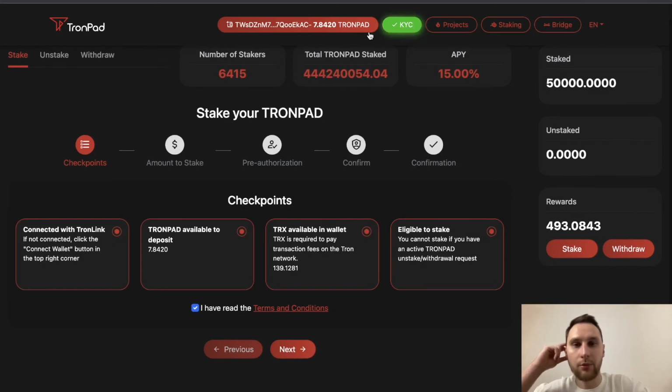KYC, very important part, guys. So you have to complete the KYC, because not every single country can participate. So for example, United States of America, they are not allowed to participate in this kind of projects, right? So when you do the KYC, they're going to ask you for the passport or your ID, and to take a selfie. So do that. In order to get qualified for it, you would need to do that, right? So yeah, after that's done,